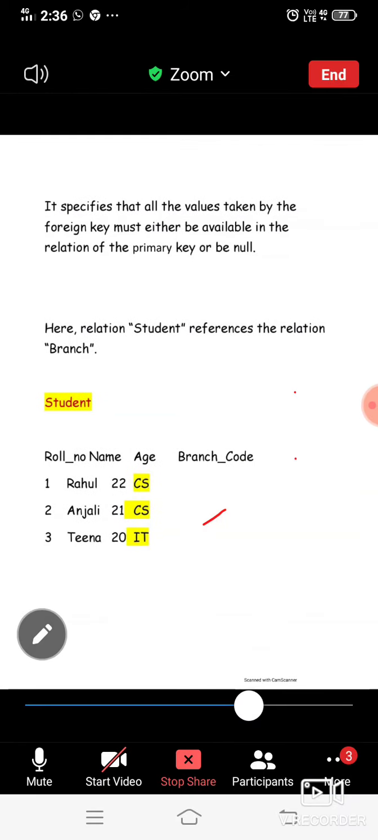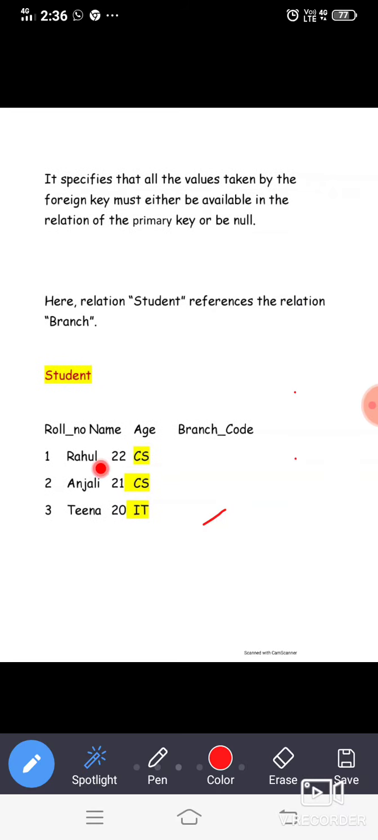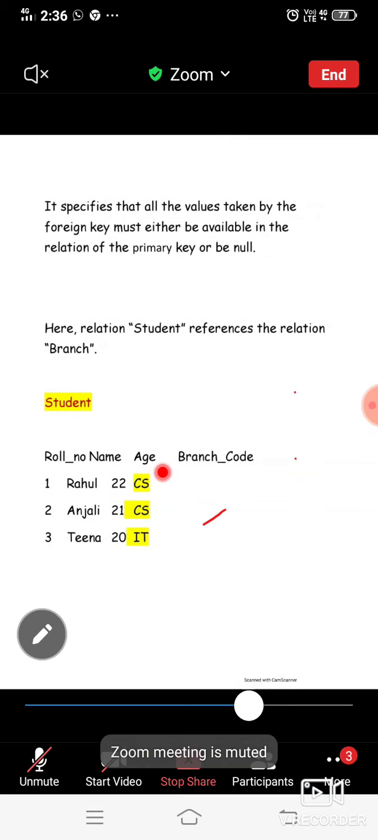Whatever the branch codes that are existing over here must be in the